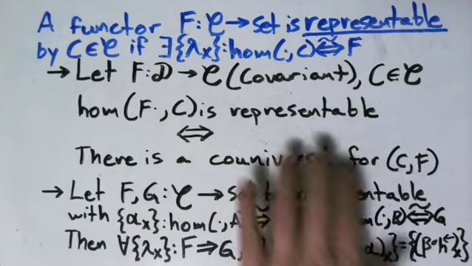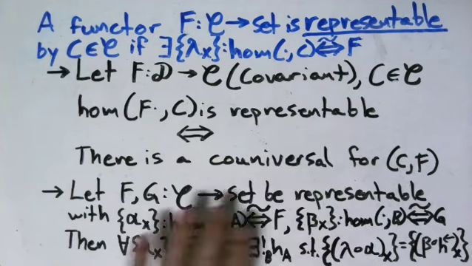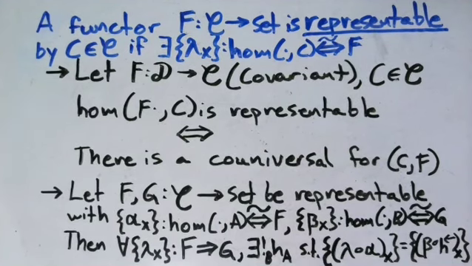We reminded ourselves of the definitions of couniversal and representable, and we proved that this was an if and only if condition. And finally, we proved that if F and G are both representable functors, both going from C into Set, and F has the natural isomorphism alpha associated with it, and G has the natural isomorphism beta associated with it,